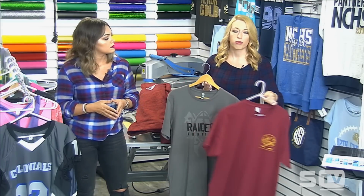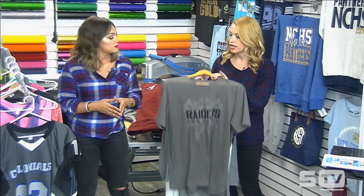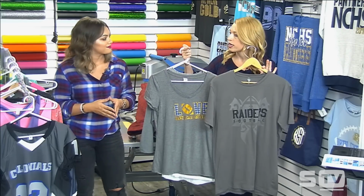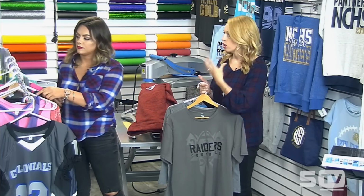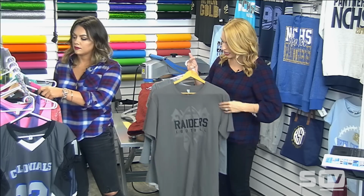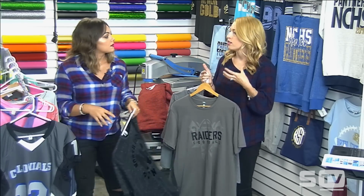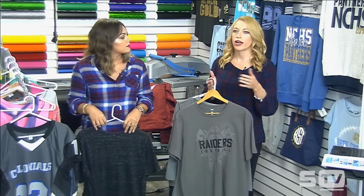Now, if you're looking to build a brand and you're looking to do more custom t-shirts in that way, another thing to consider is some of these higher end garments like the District and the District Made line from SanMar. Because when I upgrade to these garments, of course I'm leaving a $2 blank and now I'm upgrading to maybe a $5 or $6 blank, but the quality I'm getting is so much more significant because these blank styles are so much softer, they're more fitted, they're more comfortable,